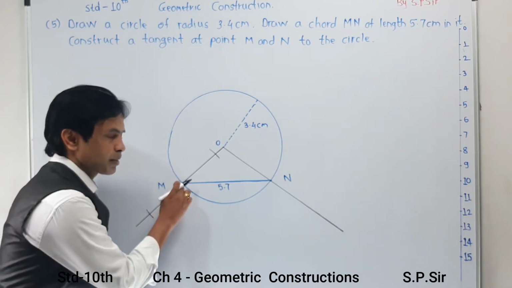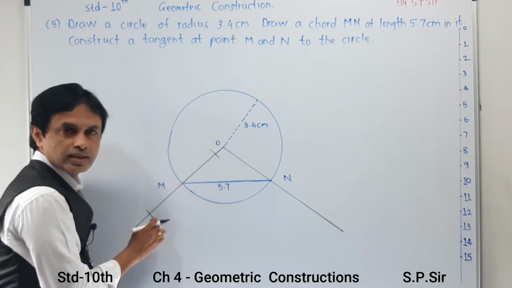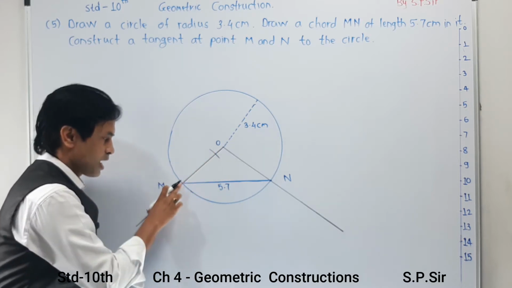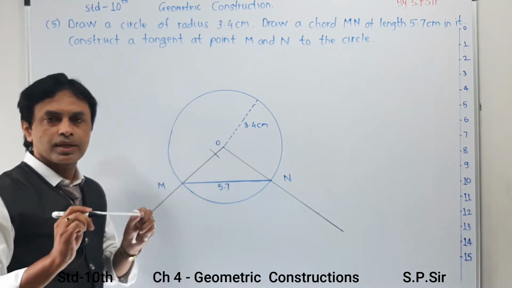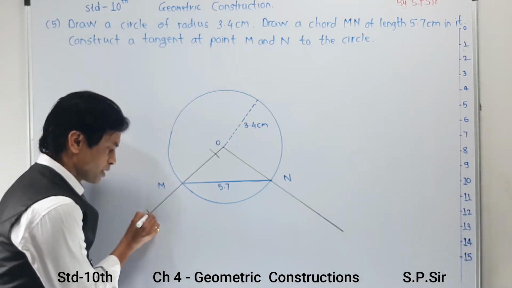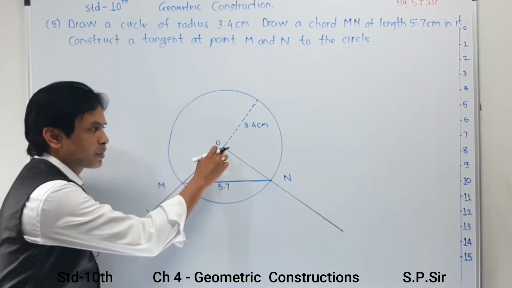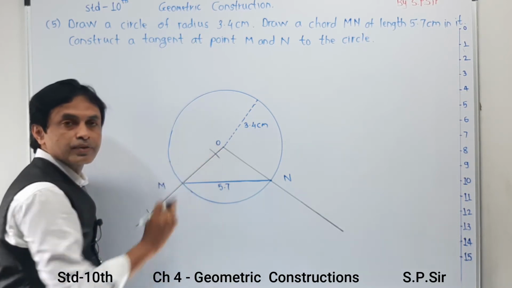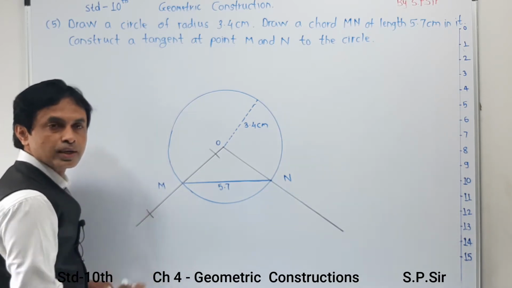In this way, from M you make mark 1 inside the circle and second outside the circle. Definitely these distances are equal over here. Now increase the compass distance in your rounder, and these two new points will act as marking points. Remember, O is over here and the marking point is different. Do not mix them. No doubt the points are totally separate, so you will not get confused.